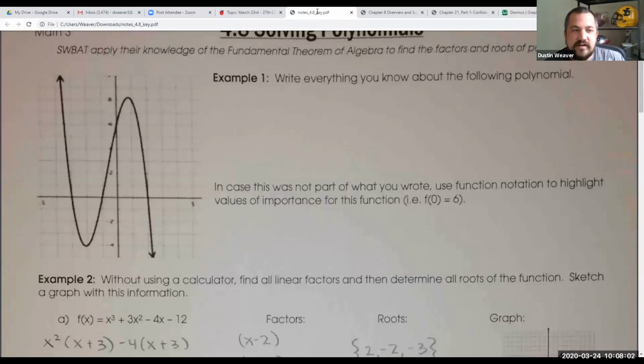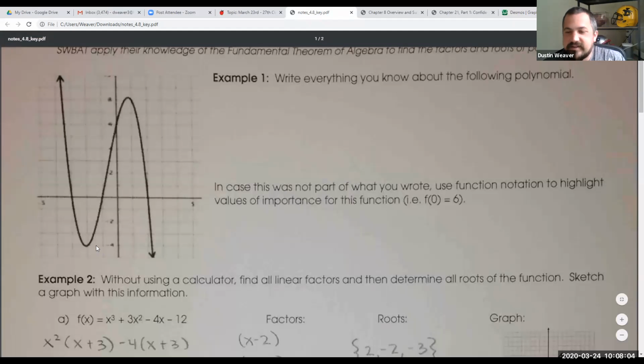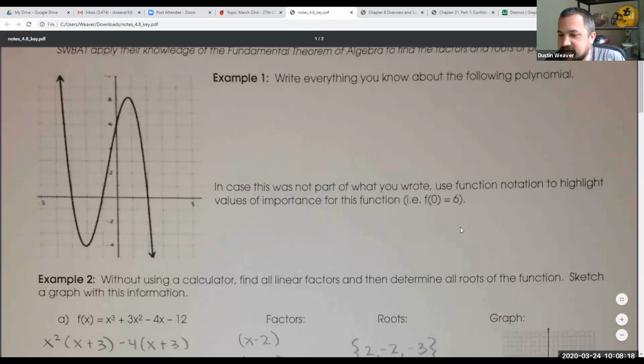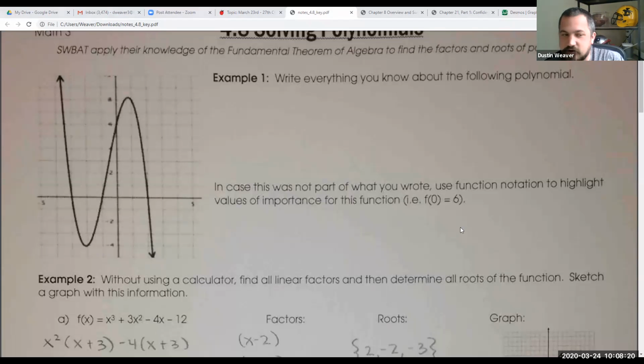We go back to our notes. This one is a degree of 3. And I will tell you, there is a way of knowing that. When you look at it, first of all, it is ending in opposite directions. So that tells me that it has to be an odd degree. Because it's ending in opposite directions, the end behavior is opposite, and I'm going to write that in the chat. The end behavior is opposite. So that means it is an odd degree.